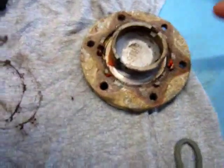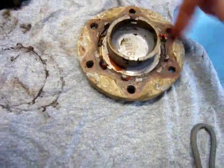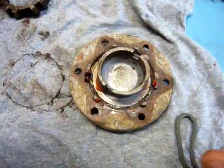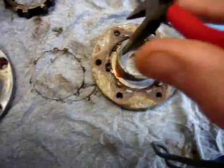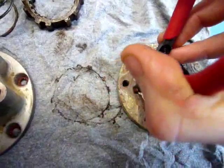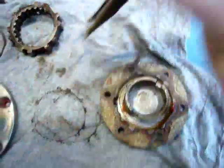The first step that I'm going to do now, that the whole thing is apart, is I'm going to remove the turning mechanism from the cover here, and basically that's easily achieved by removing this circlip that's holding it in there. So a small pair of pliers into there and there, and if I just squeeze down, there we go,